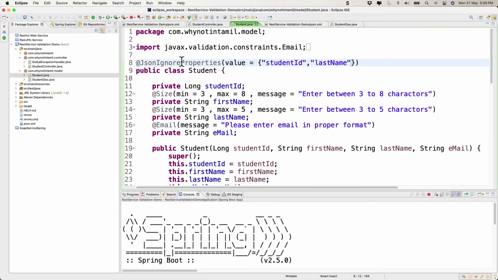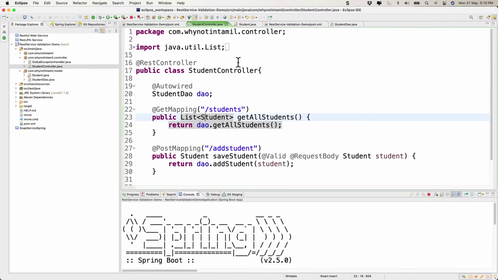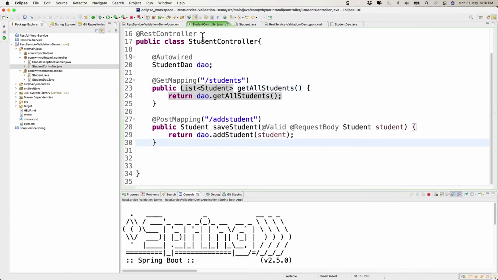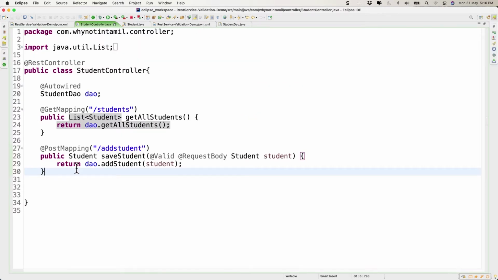Right? So now what are we gonna do? We're gonna implement the dynamic filter. Let's comment this line out. I'm gonna implement the same logic with the dynamic filter. I'm gonna go to the controller and write a new method here. Let's maximize it. I'm gonna write another method to apply the filter.